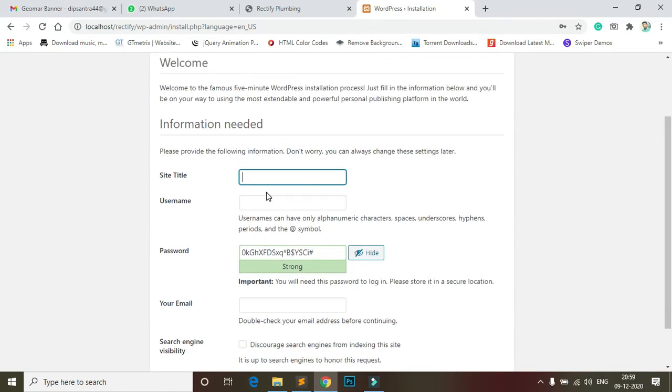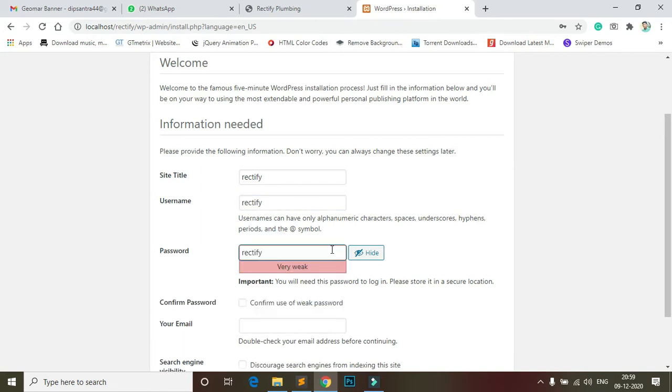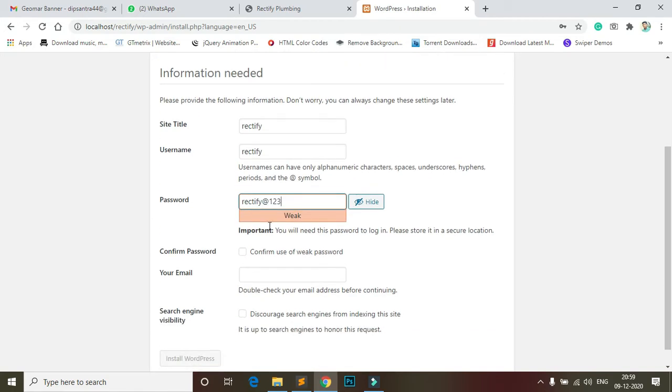For the site title I just give rectify, username rectify, and the password I change to rectify@123. I know this is a very weak password, so I confirm this weak password, because this is a dummy. I will change it later.